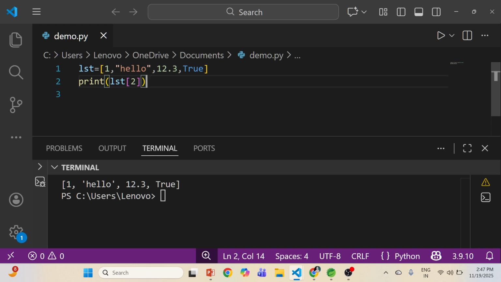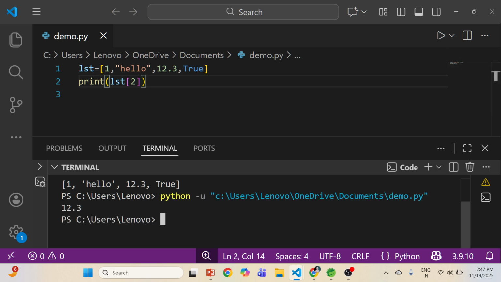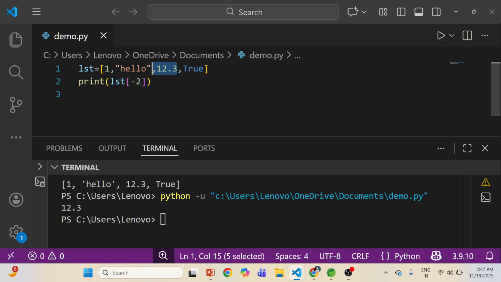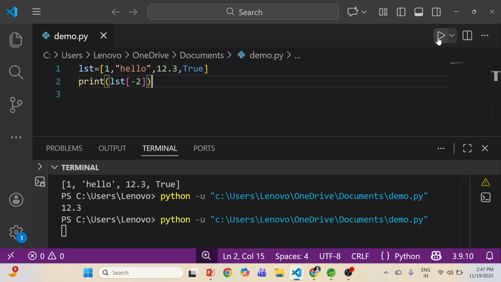So what is the value at index 2? 0, 1, 2. It is 12.3. So now when I run this file, I am getting 12.3. Now if I write here -2, again I will get 12.3 only, because this is -1, this is -2. So again we are getting 12.3. This is the way we can fetch a value from a list.